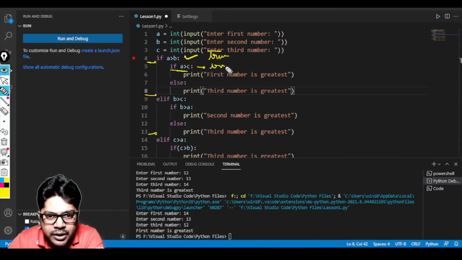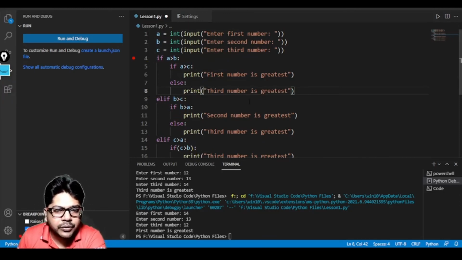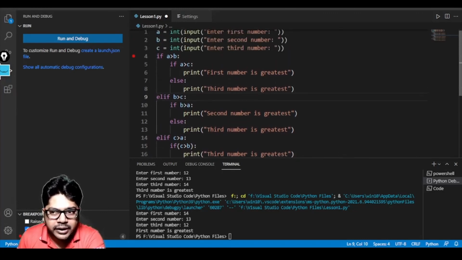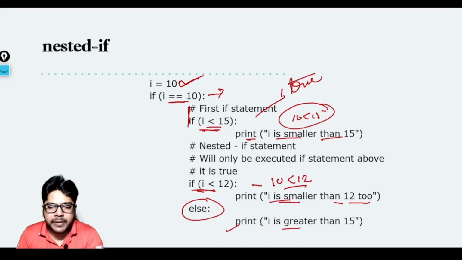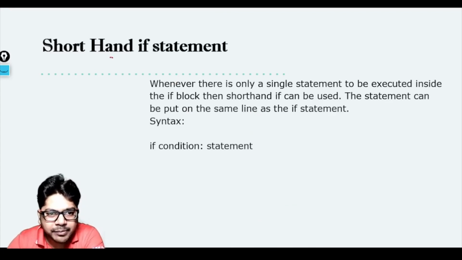If this is true, then this will happen, and it will not go into this whole part, it will not go into this whole part. Okay, always remember that with elif, once one of the conditions is found to be true, the other conditions do not get executed. Now going back, here we have something called a shorthand if statement, which is there in Python,